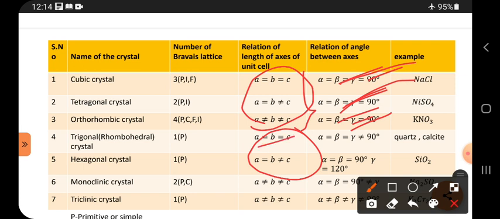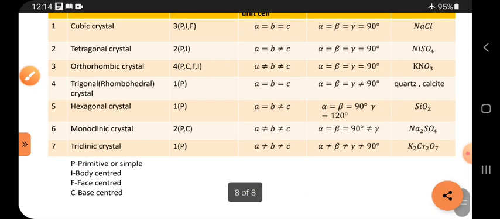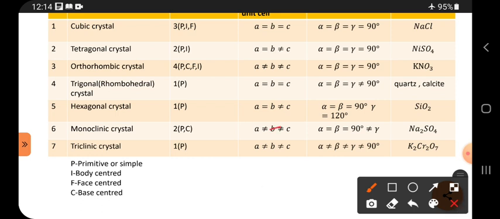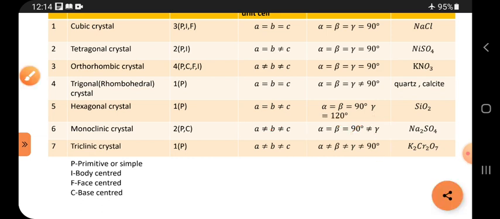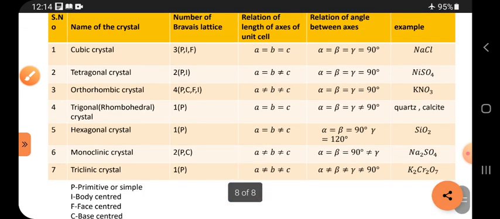But from this point, when the repetition started, the cuttings also started from there. Here two or three angles are the same but not 90, and here one cutting. So here all are equal. Here one cutting, two angles are the same, the third one is 120. Here all are different, here also all different. Here two are the same, 90, but the third one is not 90, but here all are different. So like this, different cases are present, and keep it in mind as